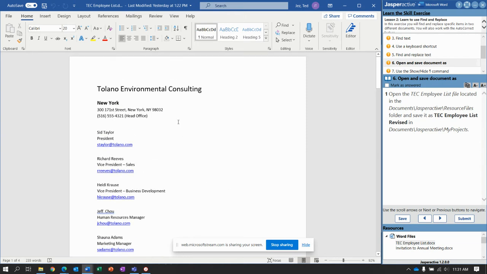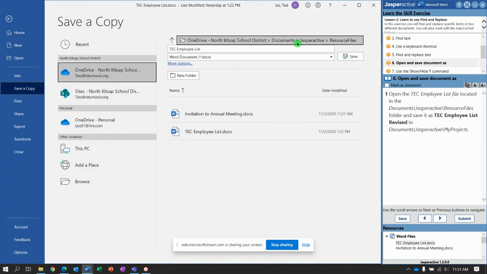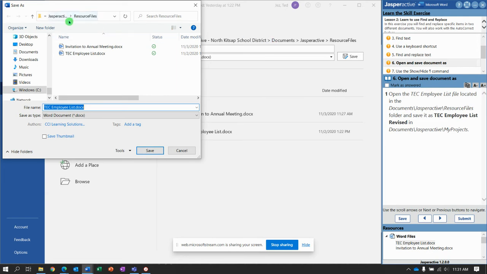Now that we have it open, let's save it as TEC employee list revise. So file, save a copy, and I'm going to click right here to bring up the save as box. I'm going to click right here to go back to the Jasperactive main folder, and then double click my projects and change it to